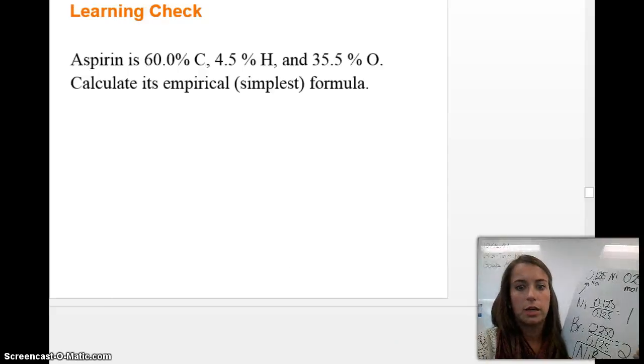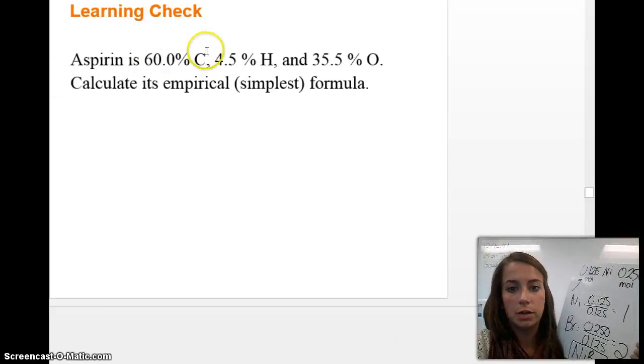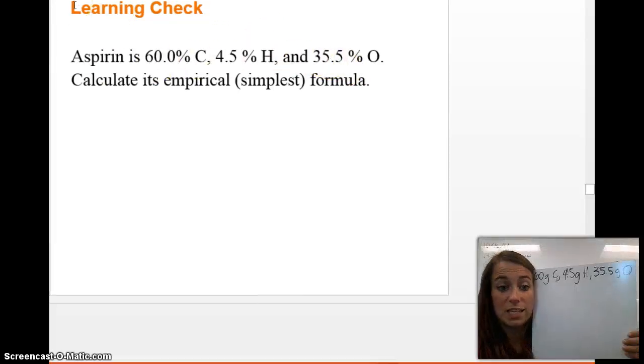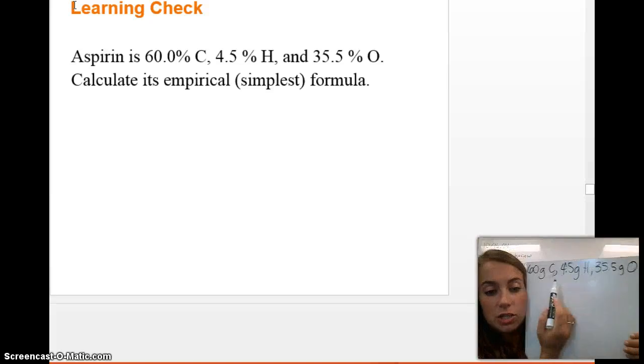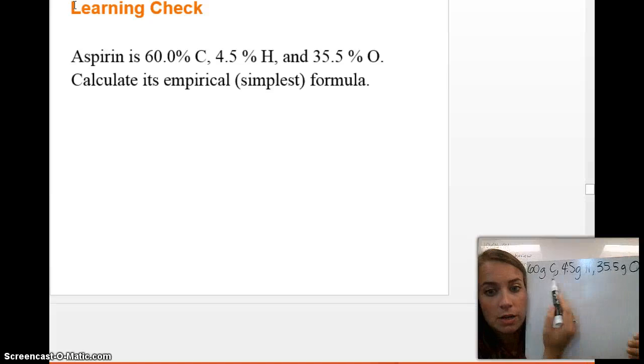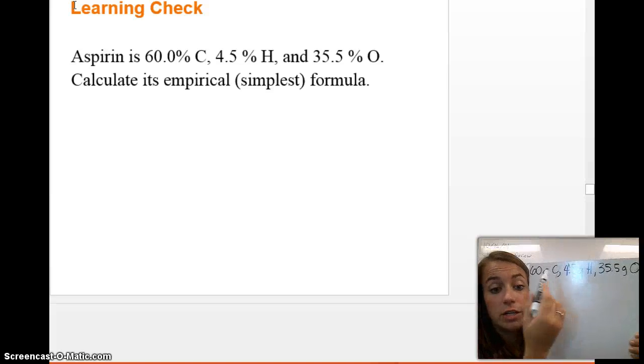Let's try another one. Aspirin is 60% carbon, 4.5% hydrogen, and 35.5% oxygen. Calculate its empirical formula. So now they gave us percentages instead of masses. So the easiest thing to do when they have percentages is just make them into the masses, okay? Assume you have 100 grams. If it was 60% carbon, you'd have 60 grams of carbon. So then you need to convert this to moles, then you need to divide by the lowest number of moles, and then